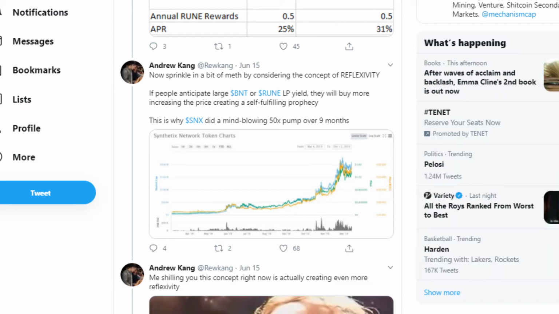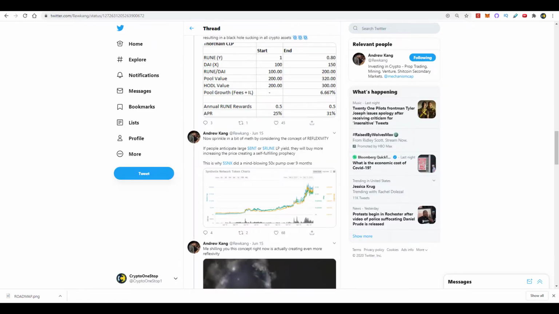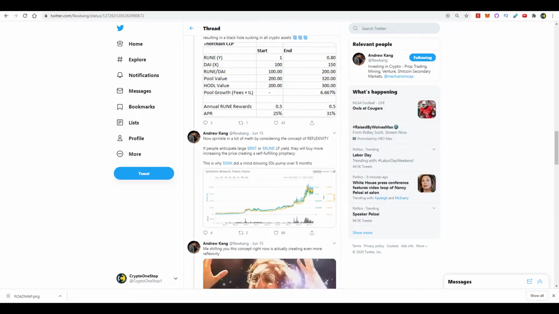And just to end this segment, the reason why I slightly like Rune better than BNT is, number one, it's chain agnostic, and number two, unlike BNT where the ratio between total value locked and BNT is 1-to-1, with Rune it's going to be 1-to-3. This means for every $1 of an external asset locked into the pool, there's going to have to be $3 worth of Rune tokens added to the network. One of those $3 is going to be added to the other side of the pool. Two of the $3 have to be bonded to the nodes.